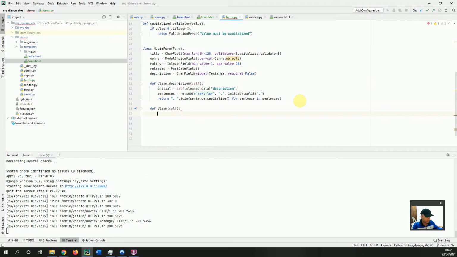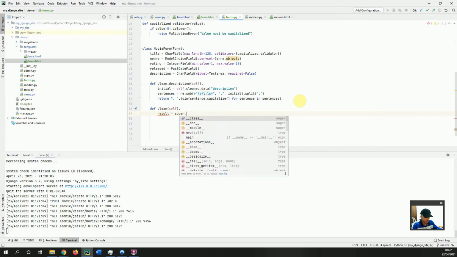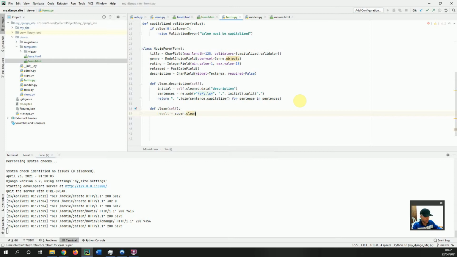Alright, and then result as usual equals super().clean(). Okay, super should be like this. Super is a function. Right, and here I want to say that no comedy movie can have more than 6 out of 10. Okay, so if